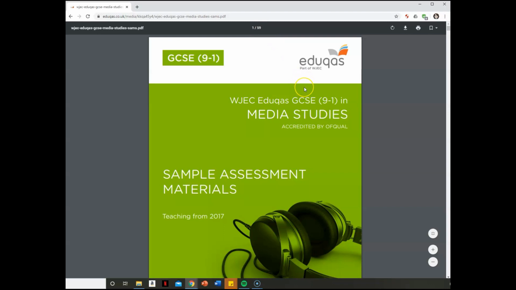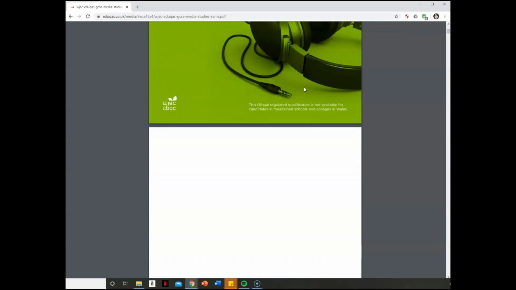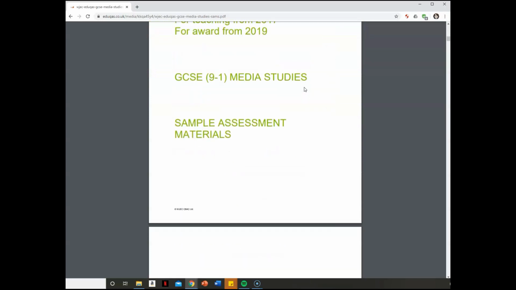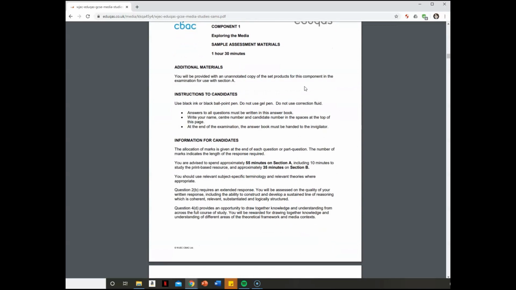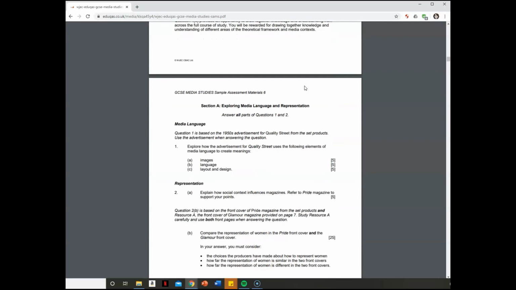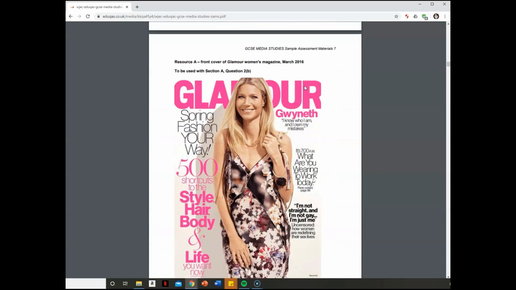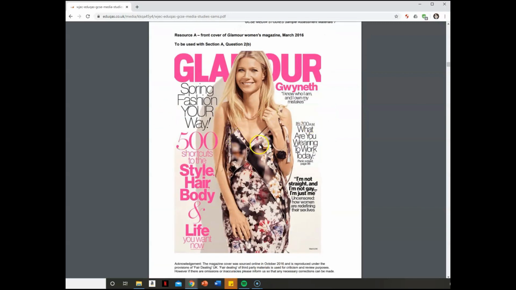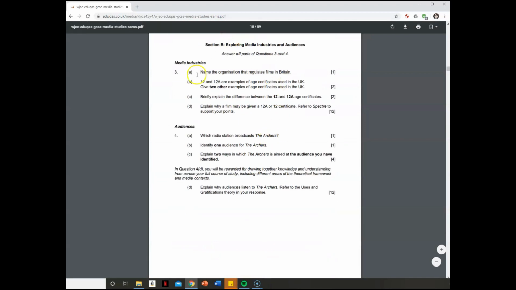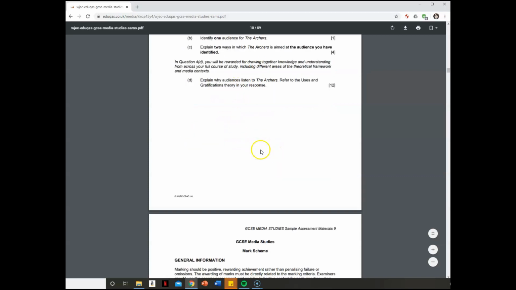You don't need all of these, and the things that I am going to be going through with you are going to be certain pages from this, which I'll make clear in just a second. But to take you through, you have got a sample paper 1 here, with the questions and then the source. So you'll recognise these questions from this one I did for advertising, this one I've done for magazines, and obviously we've looked at that for magazines in the questions as well. And then you've got the section B here, which I've used for film and also for The Archers.